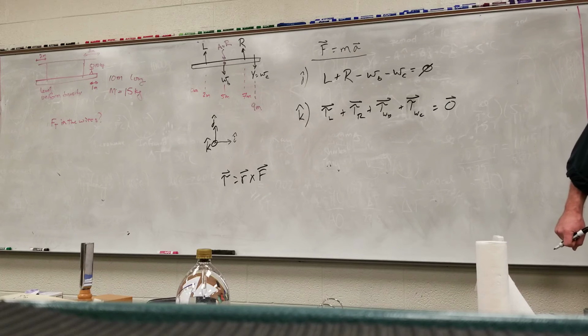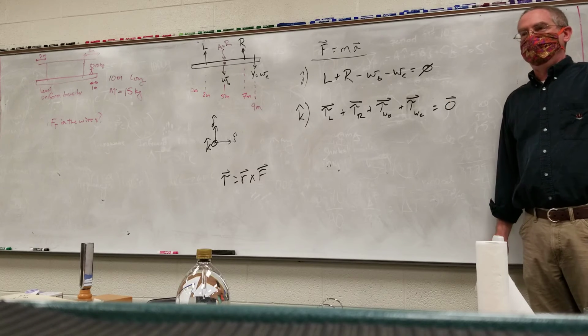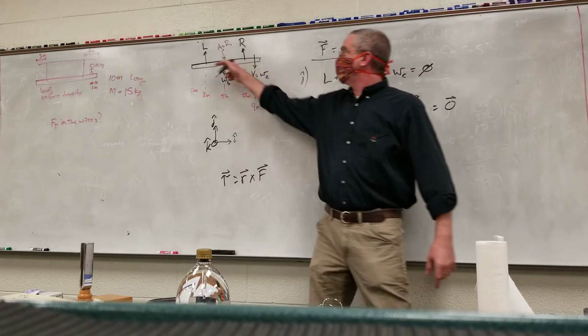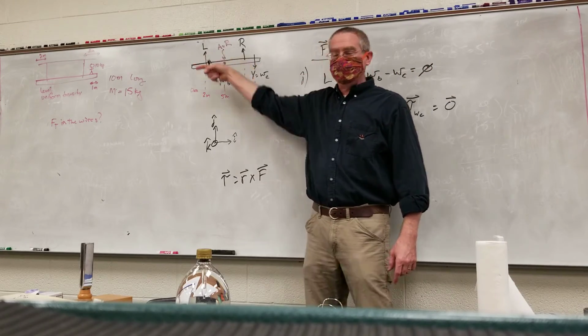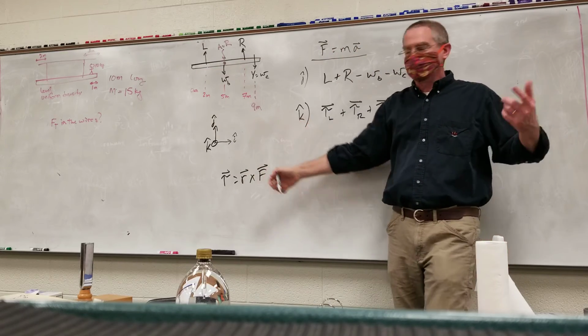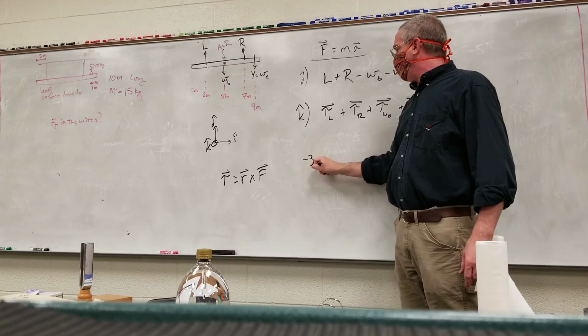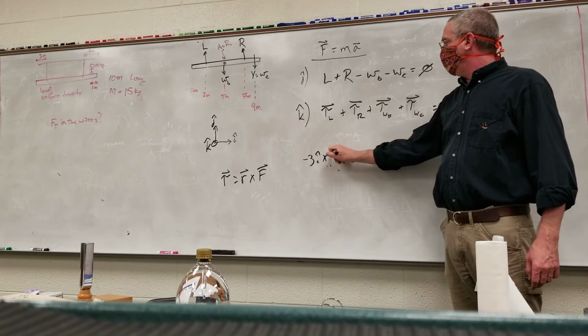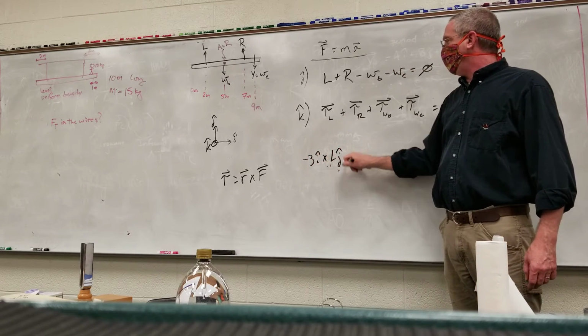Closer? -3? Yeah. Because it's from the axis to the left-hand side, it's going to the left, and I said to the right was positive I. All right, so I have -3 I hat cross my force, which is L J hat,